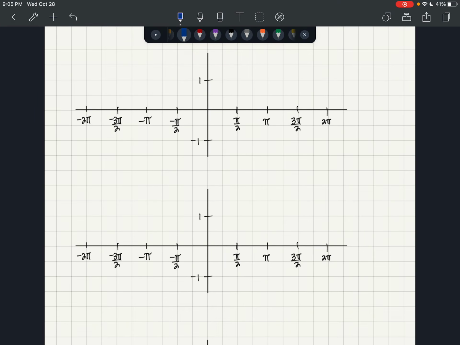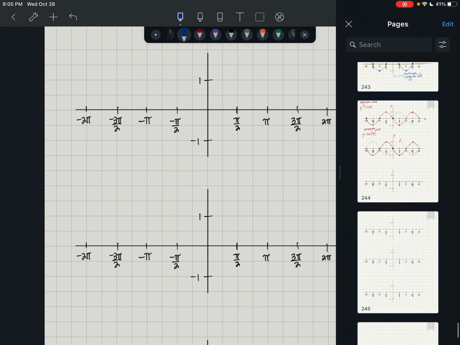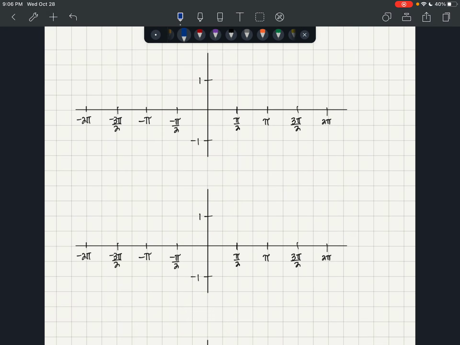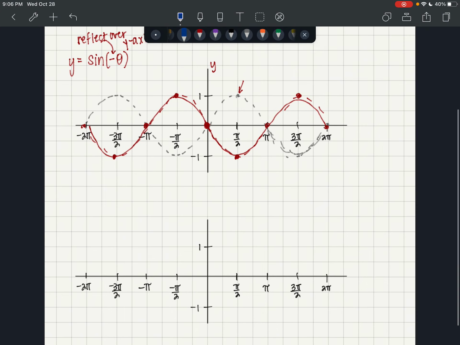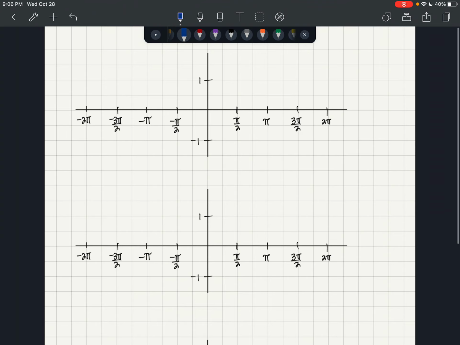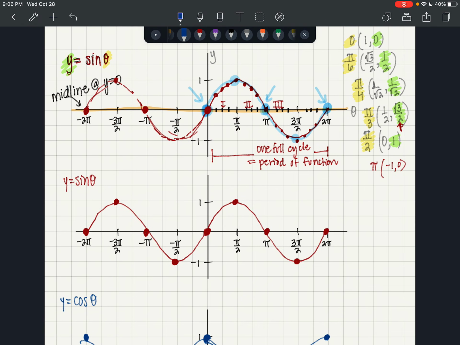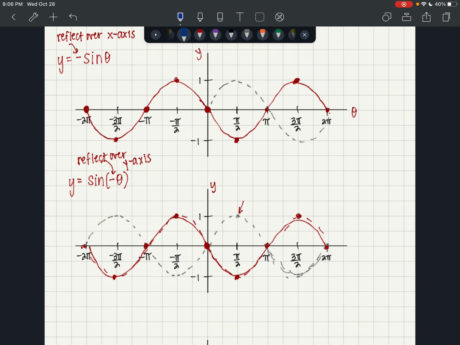I'm going to duplicate this page because we're going to need some more graphs. And the good thing for you is that it gives you the opportunity to draw the graphs and not just always worry about being given a graph. You can create your own graph. But I want the next two to be on the same grid. So I've already shown you sine, I've shown you the parent function for cosine, and I showed you a little bit about transformations for sine. This is where we're going to take a break. We're going to go to the next video, and I'll show you some transformations, reflections for cosine, and then I'm going to close it up with our